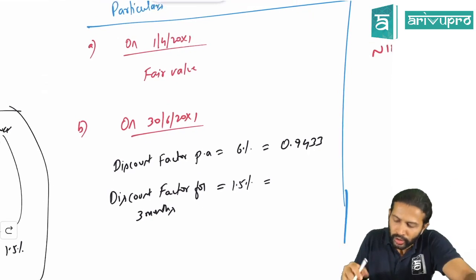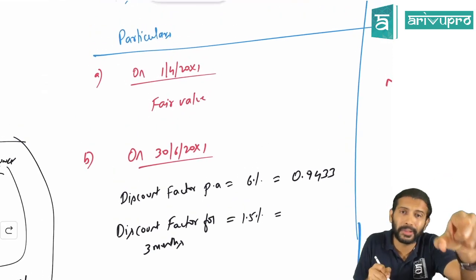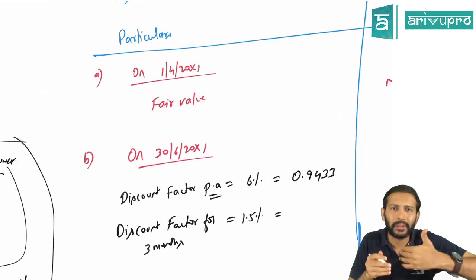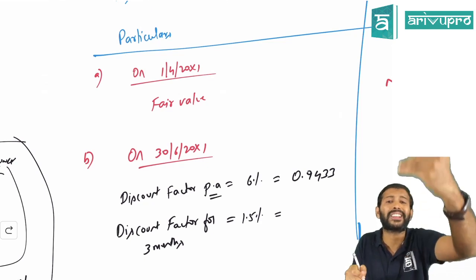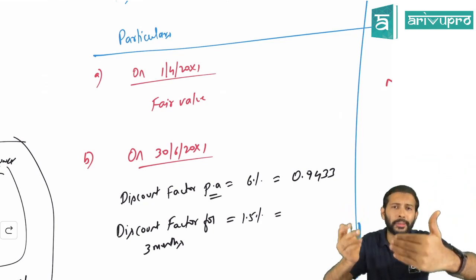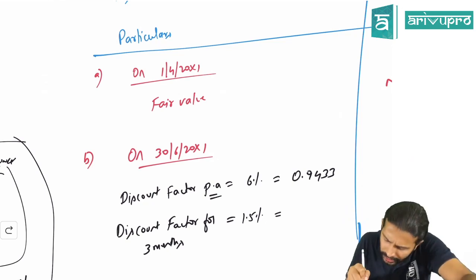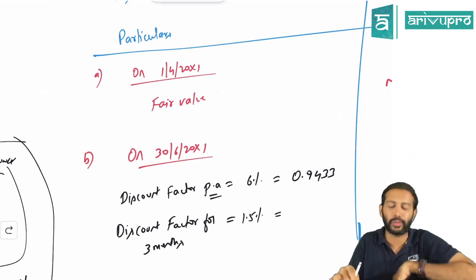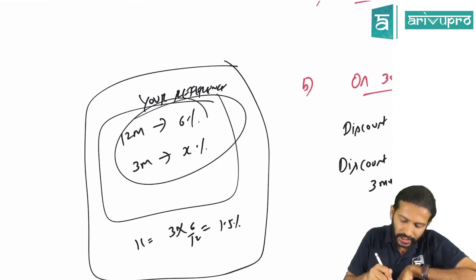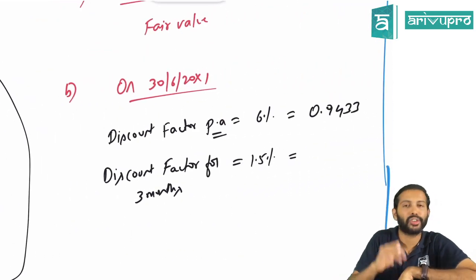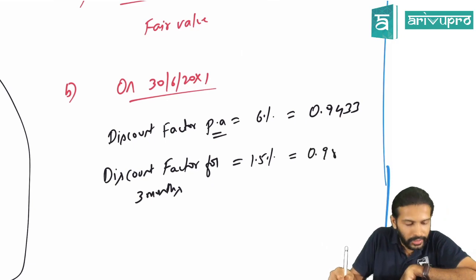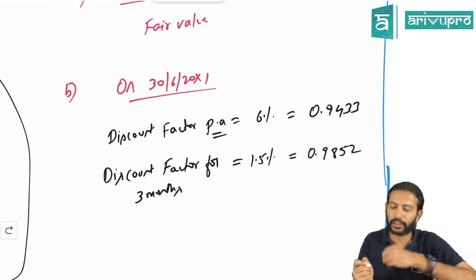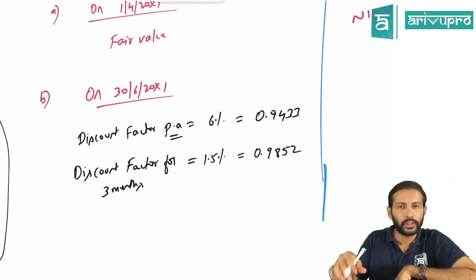They gave the interest discount factor for 6%, but that is for the whole year. We are on 30th June, and the contract will end on 30th September. How many more months are remaining? July, August, September, 3 months. That's the reason I said, for 3 months, how much is the discount factor? You get that to be 1.5%. So for a 1.5% discount factor, it will be 1 divided by 1.015, which is 0.9852. So this is the discount factor at 1.5%. Got it? That's what I'm writing over here.